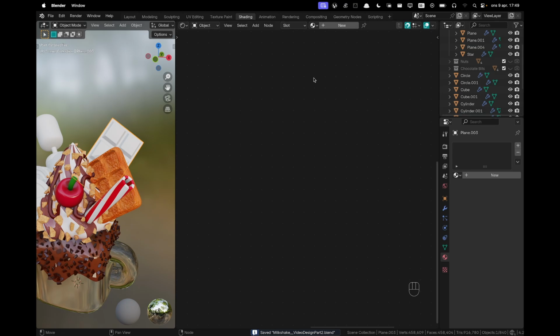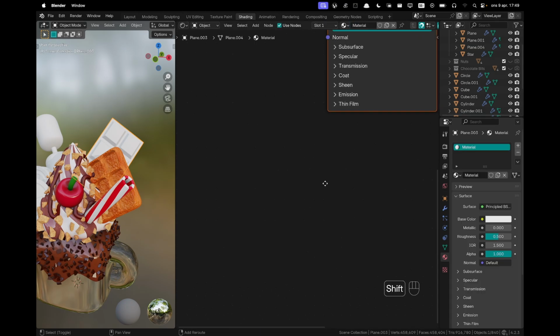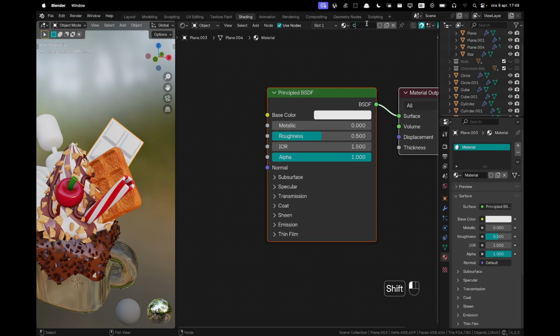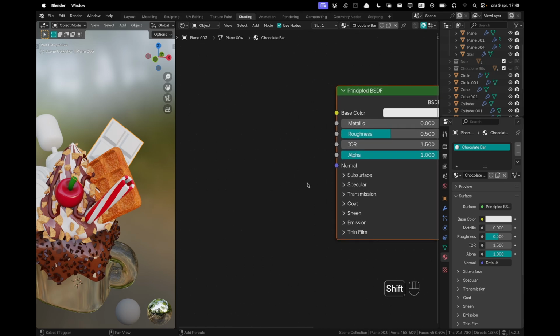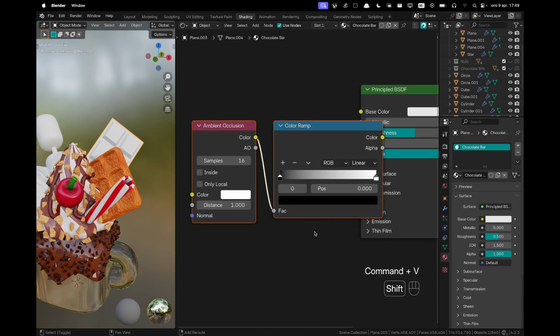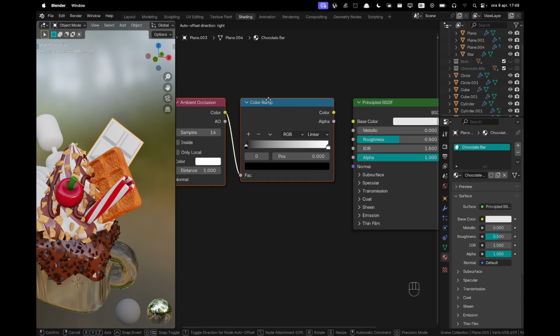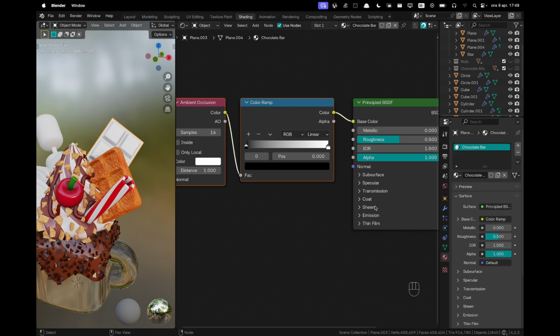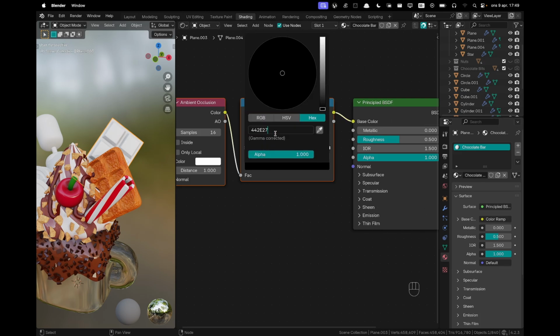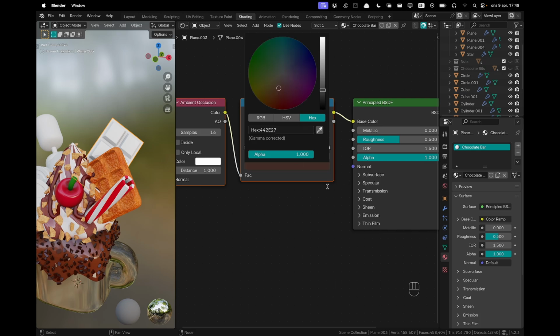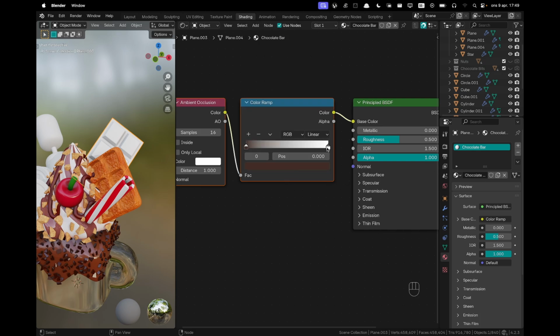The chocolate bar, select it, add a new material. We'll name it chocolate bar. I'll try and be more zoomed in on my notes so you guys can see what I'm doing better, and copy my colors if you want to. Press Ctrl V to get back our ramp and ambient occlusion connected to the base color. The dark color is 44 2E27. Our light color is going to be,